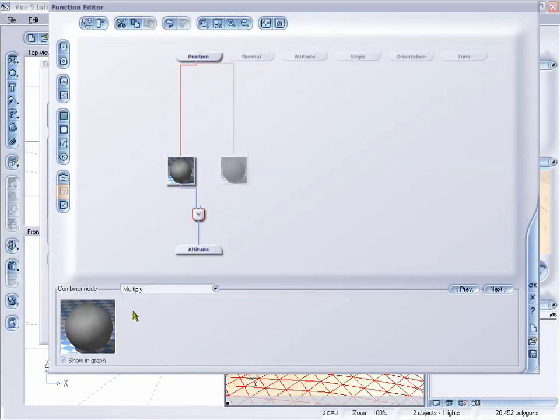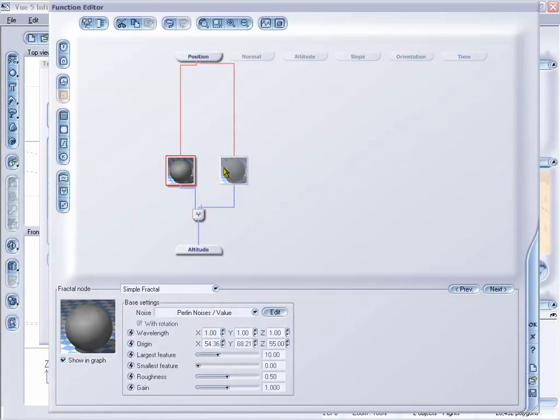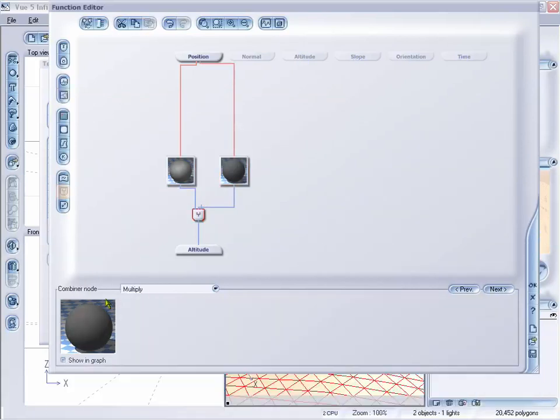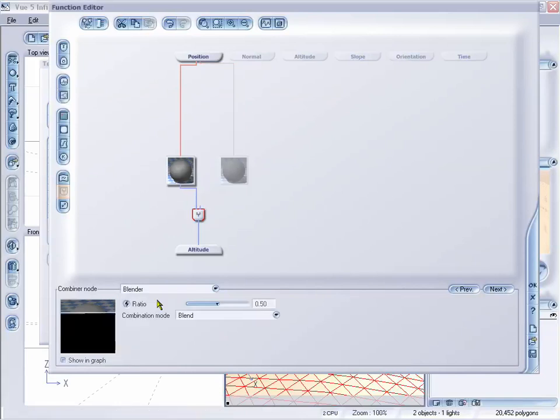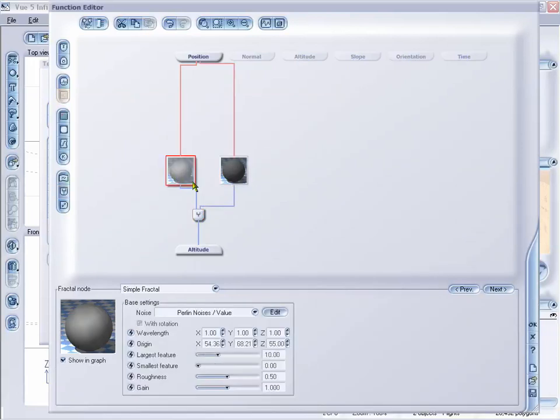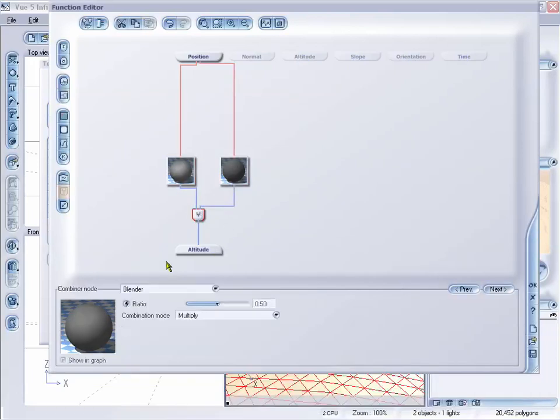We can go to multiply as well, and we'll have to reassign that because now it's set to just multiply, and we really don't get any options. But if we send it back to Blender and change the mode to multiply, we can adjust the ratio then, and we have to reassign that because it keeps deselecting itself. But we can also adjust this ratio based on